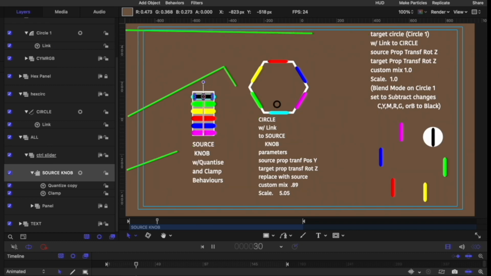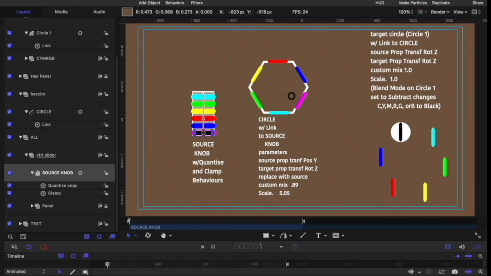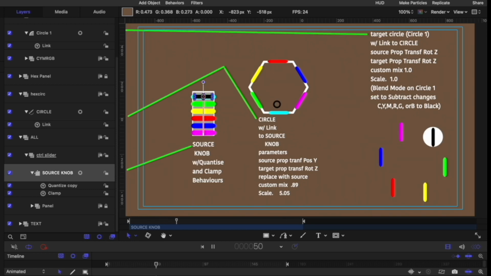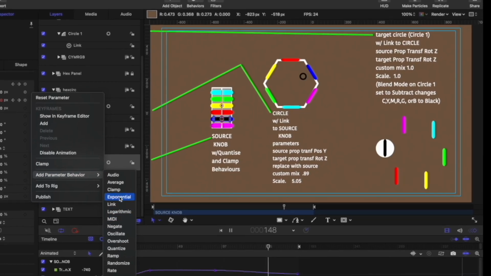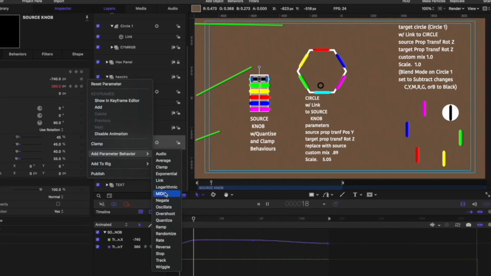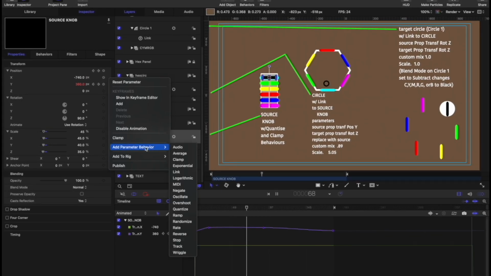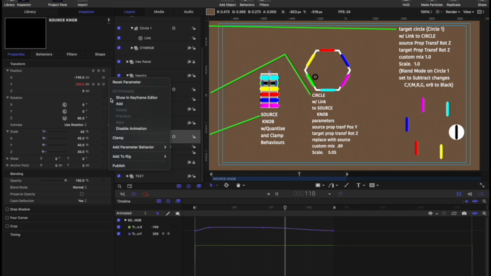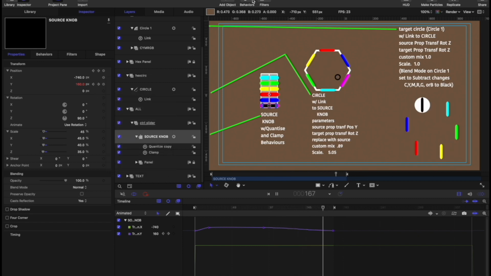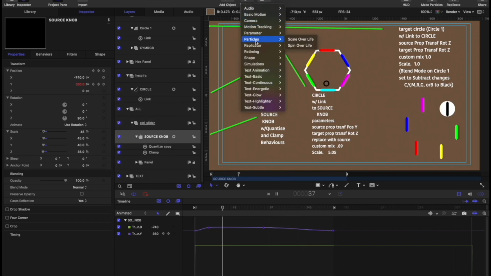So anyway, I'll leave it there. I didn't want to go on too much on this. Hopefully it helps out a bit getting you started using not only the link behavior, but just behaviors in general. There is one more that's not on here, which is called custom, which you can create your own. You can access the behaviors from up here as well, same sort of thing, and there's just quite a bit